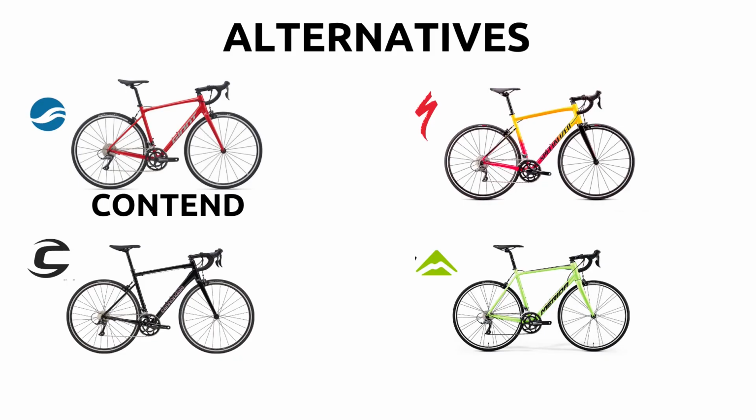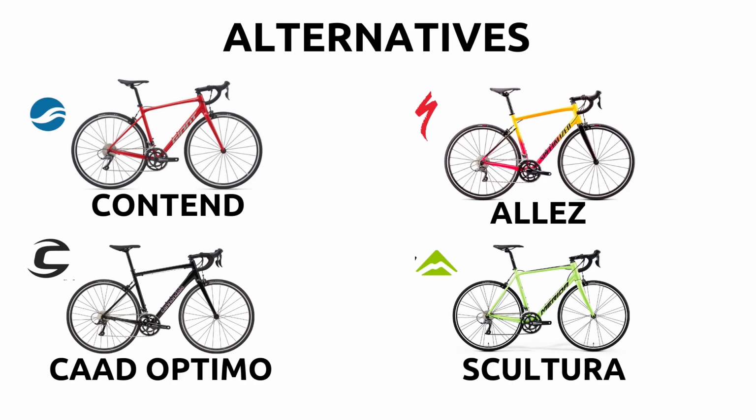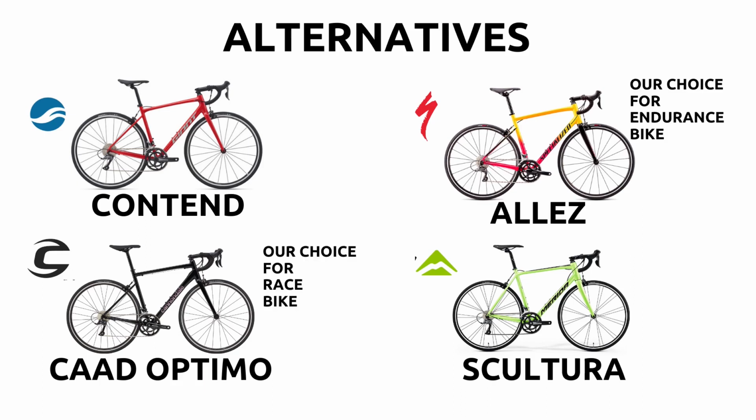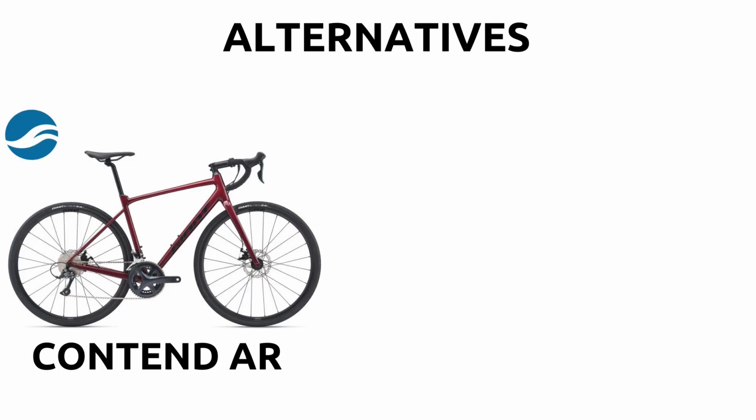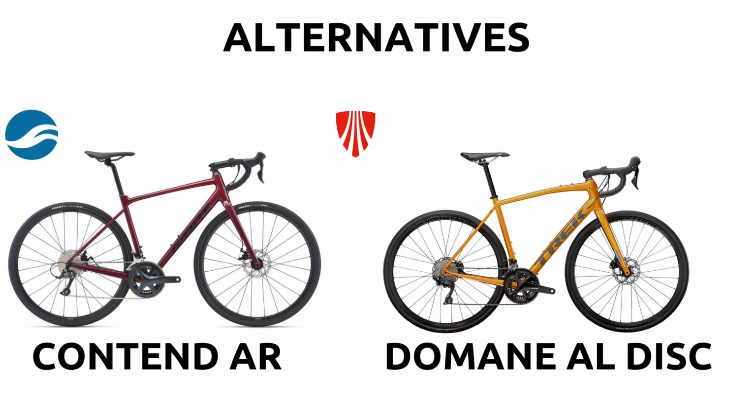Competitors of the Contend include Specialized Allez, Merida Scultura and Cannondale CAAD Optimo. The Allez is the best choice for endurance riding, the CAAD Optimo for racing, while if you want an all-rounder, both the Contend and Scultura do a fine job. There is only one alternative to the Contend ARs, and that is the Trek Domane AL discs. Among these two, I am basically ambivalent and would request you to go for the cheaper bike as there's not